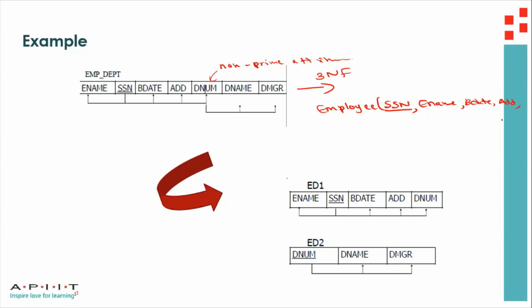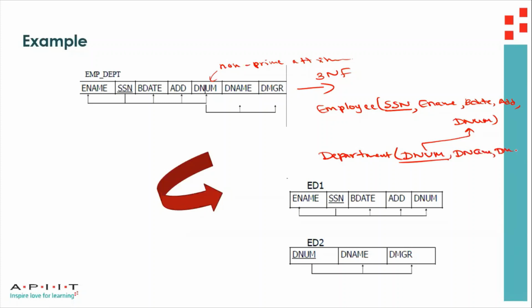I don't have space here. And then the department number, because we want to track which department this particular employee is working in. And then we could have another relation called department, where dnum would be the primary key. So this is then a foreign key. And then dname